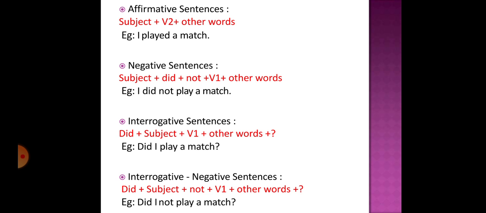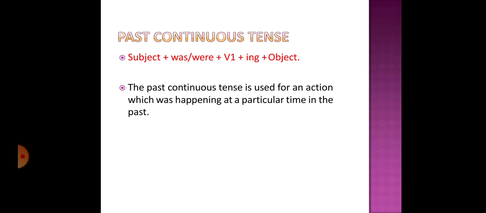Let's move on to past continuous tense. Subject plus was or were. Here you use the helping verb was and were plus verb in the first form plus ing plus object. The past continuous tense is used for an action which was happening at a particular time in the past. Past continuous tense is used to denote an action or an activity that was in progress in the past,